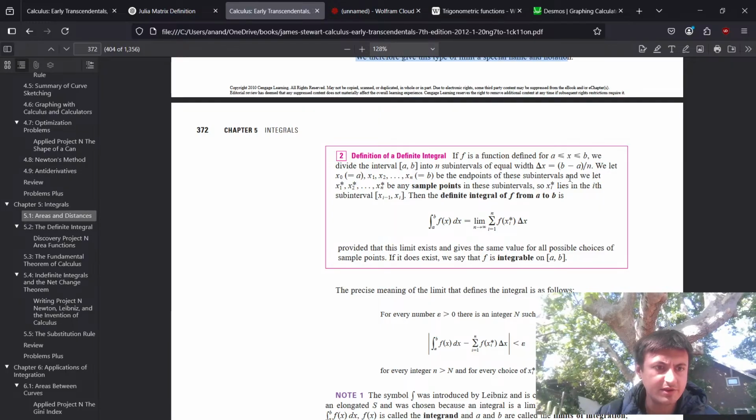But we also want to know about the indefinite integral. Okay, so the definite